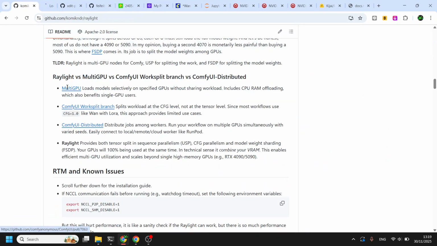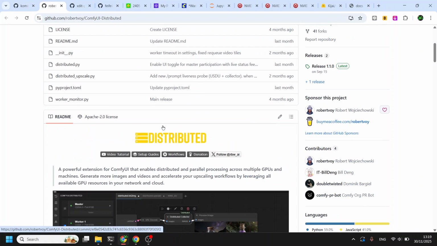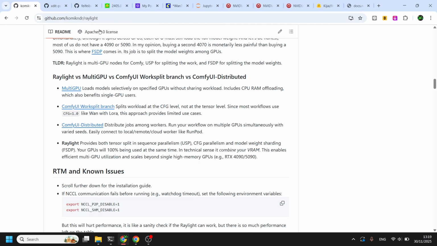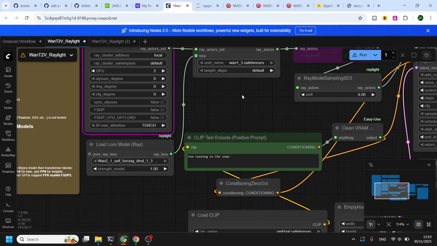I'm recommending you to use this custom node, which fully loads the entire model and workflow into each single GPU. So it is just a bonus feature, accidentally created as a byproduct of parallelism itself. So anyway,